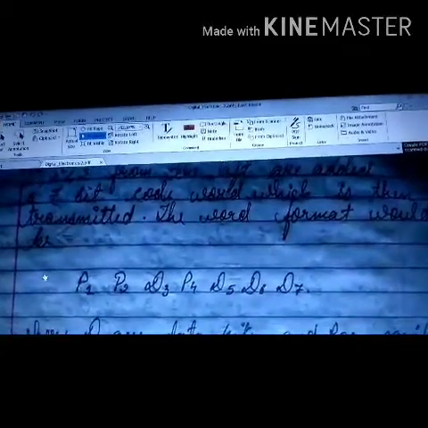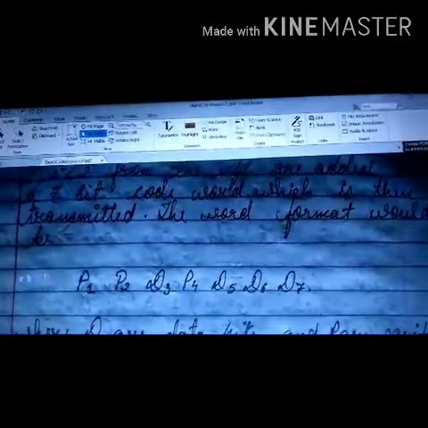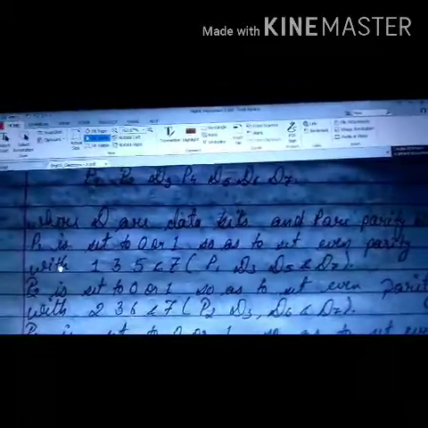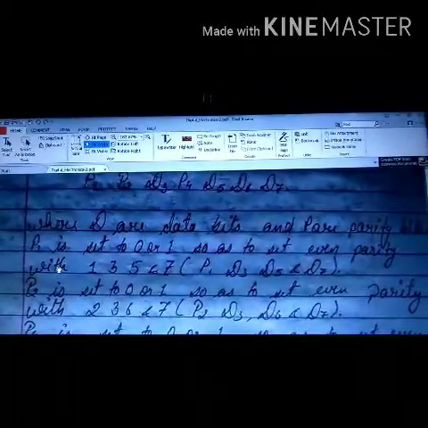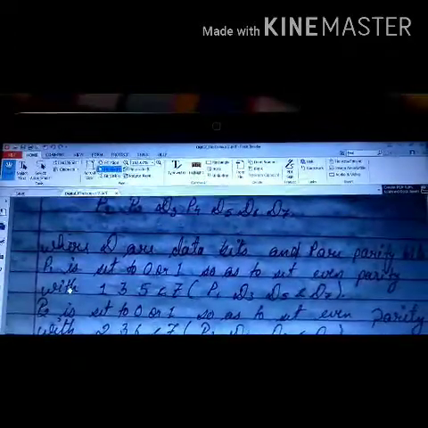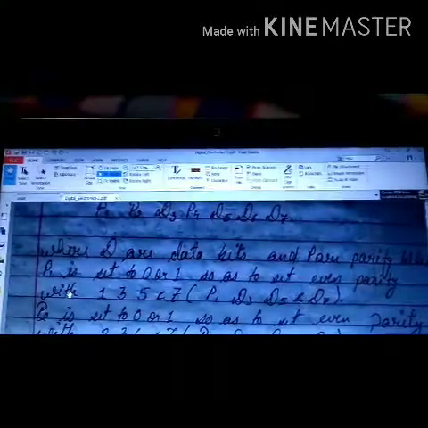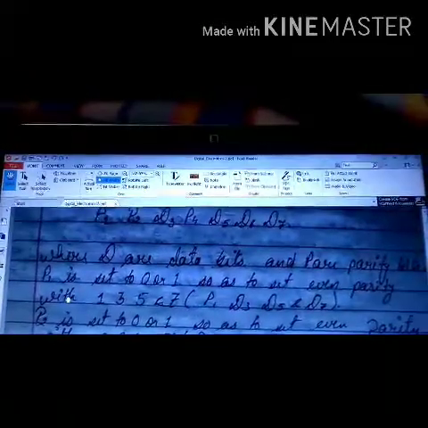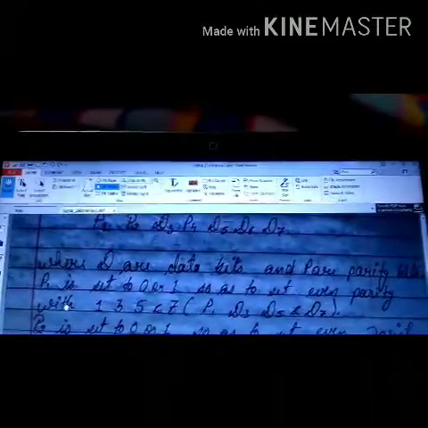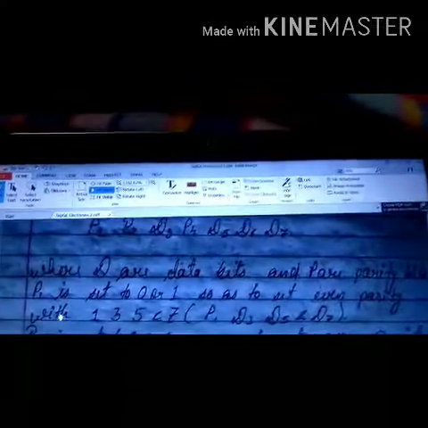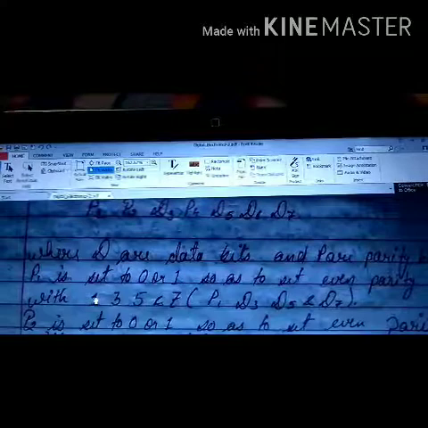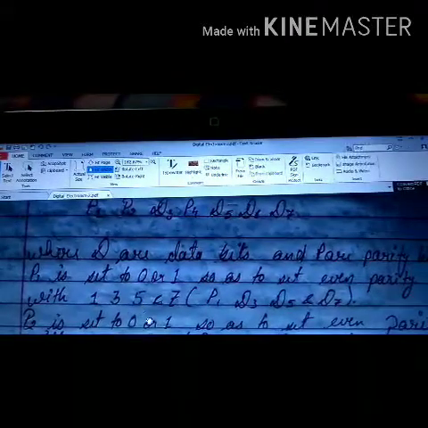Now we will have to see how the code can be utilized for error detection and correction. In the above, D are the data bits and P are the parity bits. Each parity bit is set to 0 or 1 such that we get an even parity. Now, how do we make an even parity? For the parity bit P1, we will make an even parity if this P1 bit along with data bits 3, 5 and 7 has even parity.